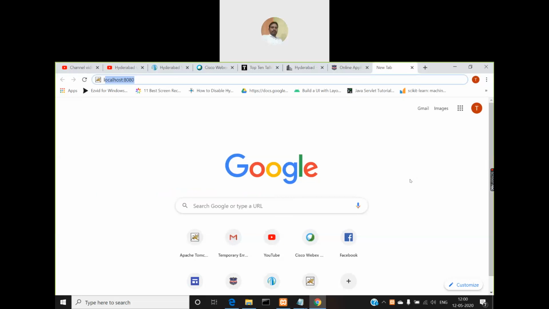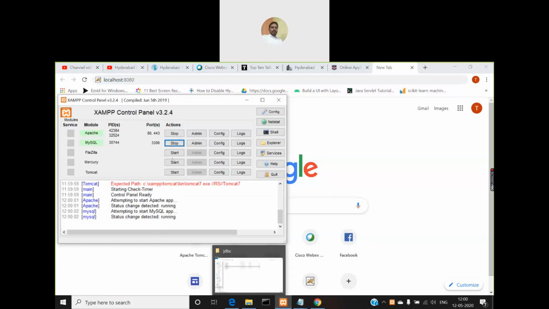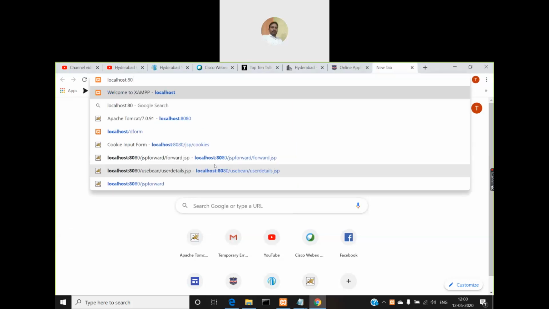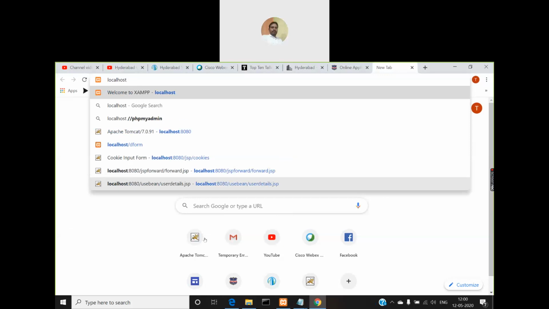So I'm using the MySQL database, which is part of the XAMPP server, which I'll be using for PHP based applications. So this is a control panel from where you can start or stop the web server for PHP and even the MySQL server also. So I've started both of them. This XAMPP provides us with a dashboard so that you can create or manipulate tables from this dashboard for MySQL.